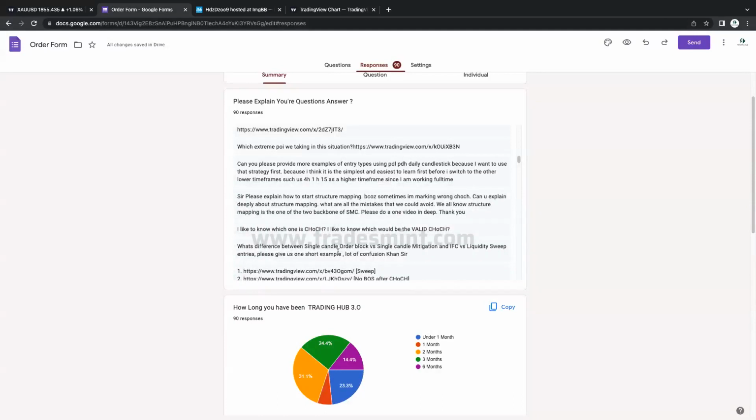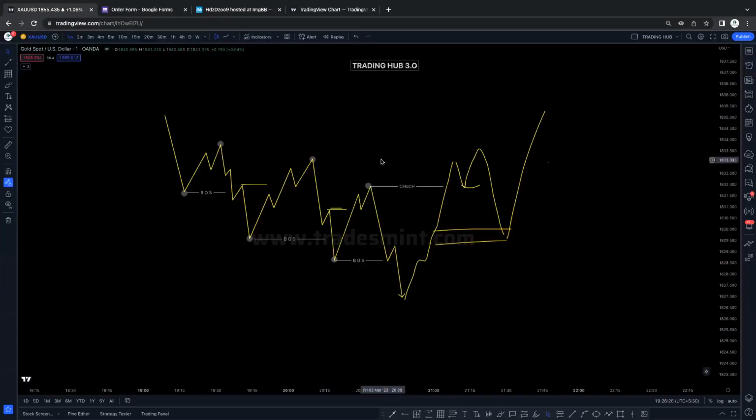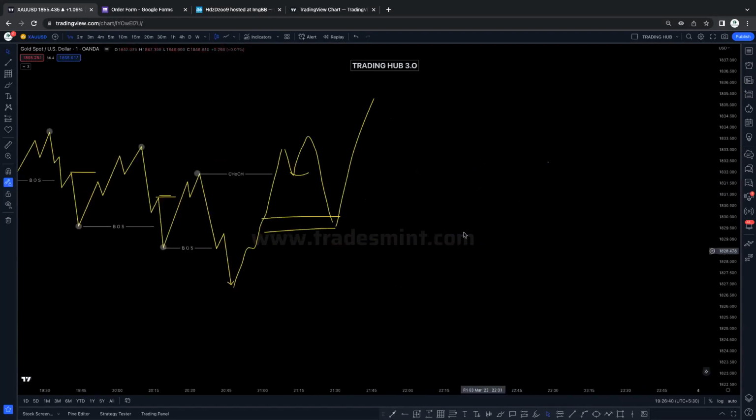What is the difference between single candle order block, single candle mitigation, IFC, liquidity, which gives a one-shot example? A lot of confusion comes up. So IFC, single candle order block, and single candle mitigation, these are similar things, right? There is no big difference. Single candle order block means when the market is at any POI zone here,